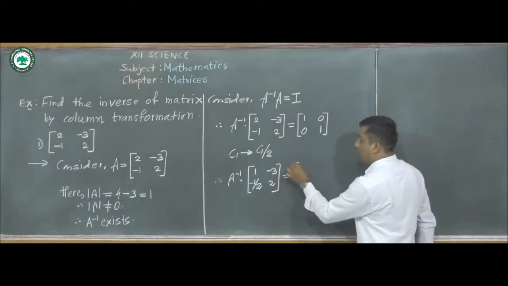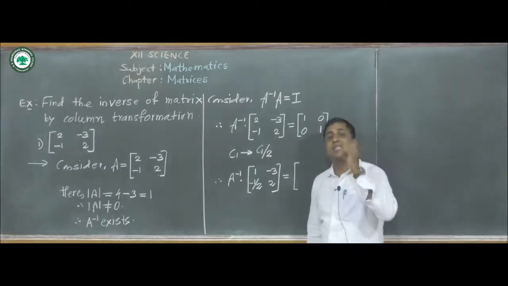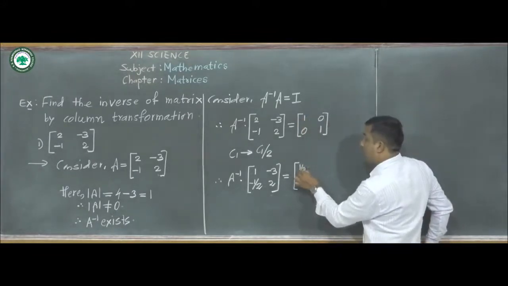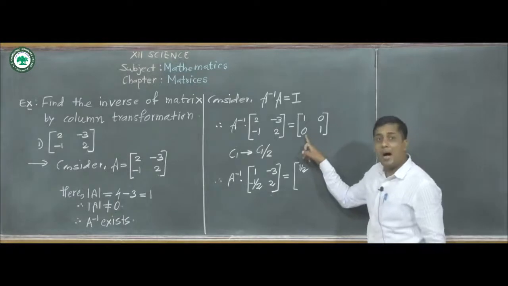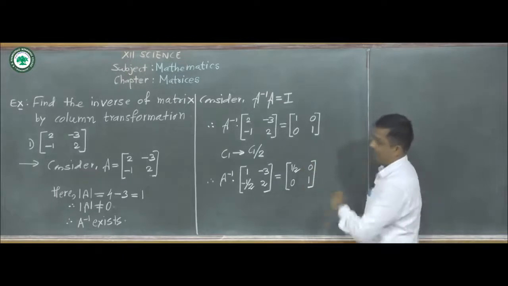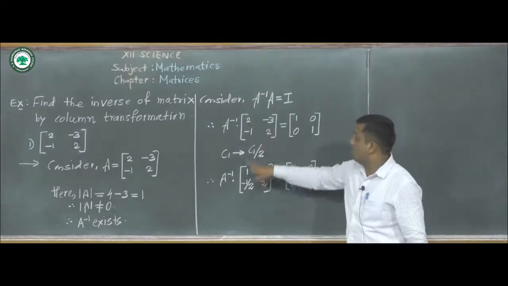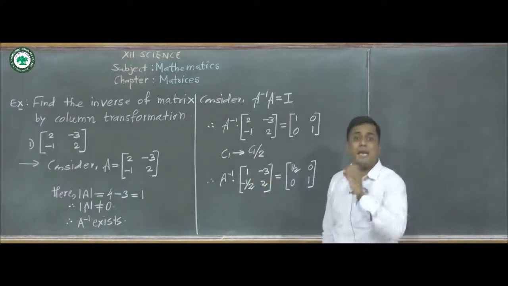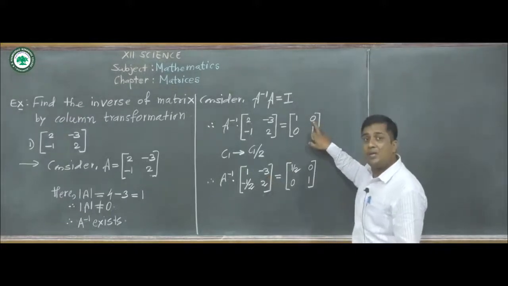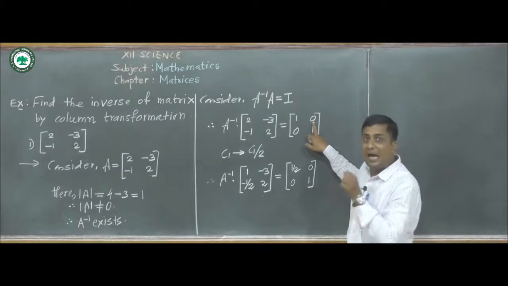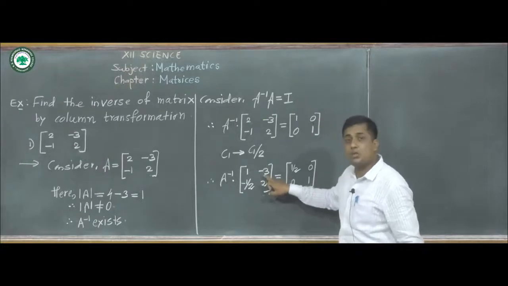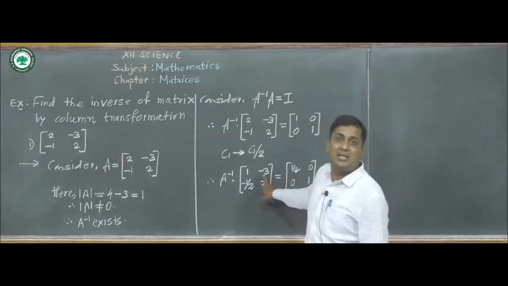Now this is equal to, here again in the RHS we perform the same transformation. We divide 1 by 2, we get 1 upon 2. Then we divide this 0 by 2, we get 0. Now we keep our second column as it is. So we have reduced this 2 to 1. Now in the next step we have to make this minus 3 as 0, since in the identity matrix the position A12 is 0. So we reduce this minus 3 to 0 by using a transformation.